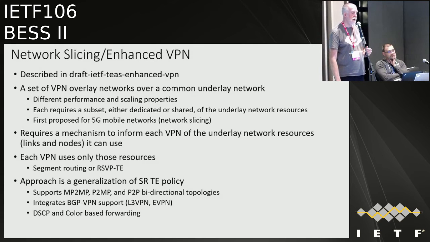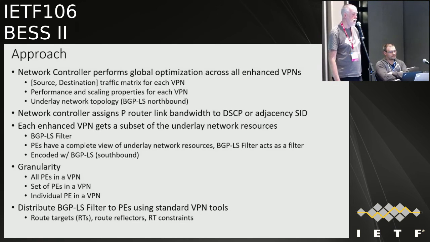And what we're trying to do is manage the underlay to provide those VPN services. So our approach is a generalization of SR TE policy, supporting all the good connectivity types, and integrating with BGP VPN, and building the quality behaviors on top of coloring mechanisms. The approach requires some kind of centralized view, as TE does, so that you can do the optimizations in a central controller